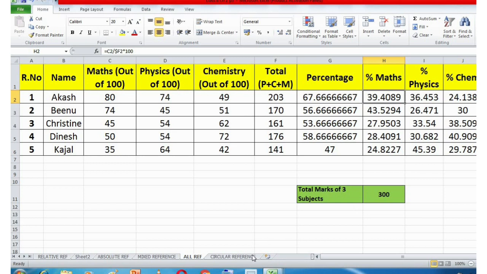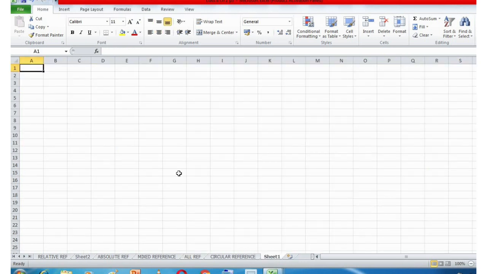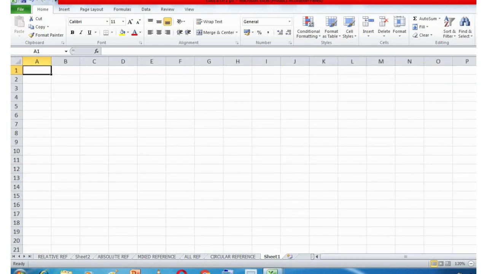One more way to use mixed referencing, a very practical way, is this way. I'll show you. I'll type 1 over here, 2 over here, 3, 4, 5, 6, 7, 8, 9, 10.